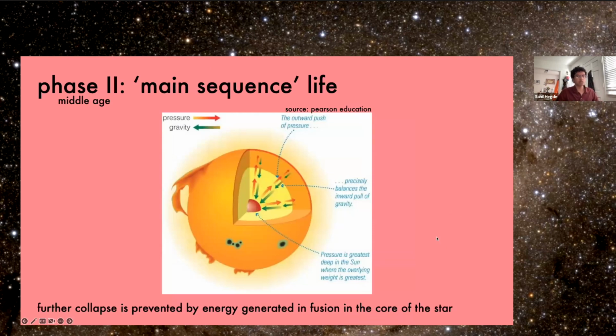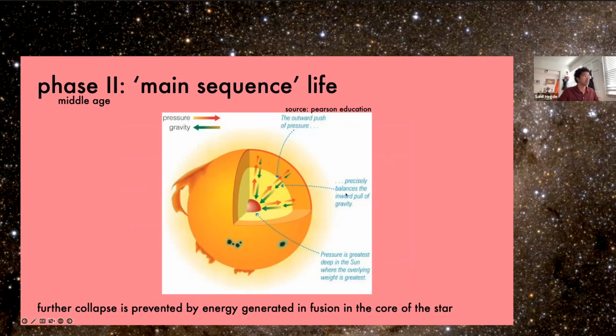And so I'll explain what that means in a couple of slides, but this is basically what a star does for most of its life. For 90% of its life, it's going to be what we call a main sequence star. And that's basically defined by the fact that it's doing hydrogen fusion in its core. So it's smashing together hydrogen atoms to form helium. And in doing so, it releases energy, like I was saying, and that's what we see as these luminous objects